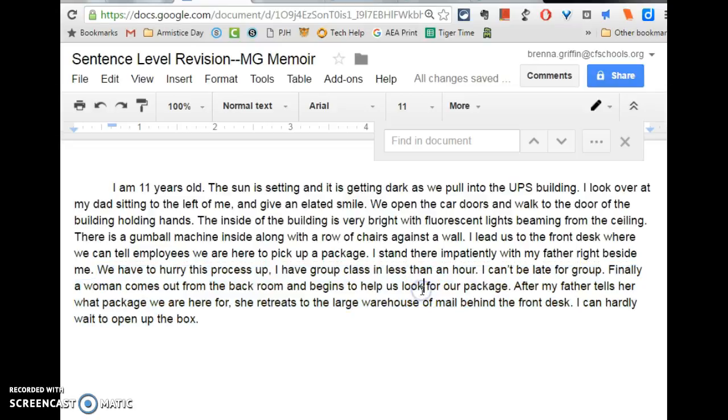At this point, we have a variety of long and short sentences that to me make the piece flow a little bit better. From here up to that point, I love this paragraph because it has really great details about the setting. I can picture it, but I think we might be able to improve some of our flow if we change some of the lengths of our sentences. Okay, so